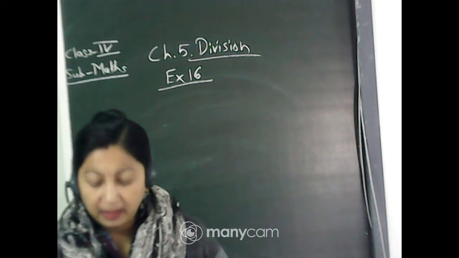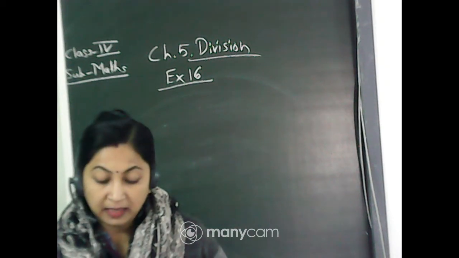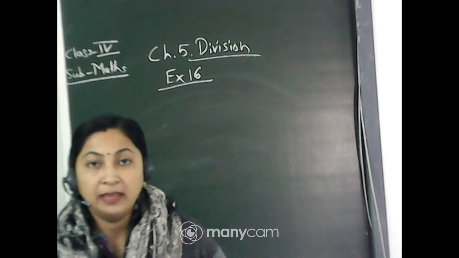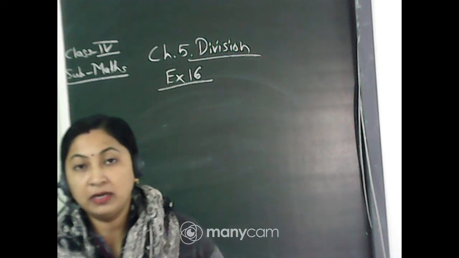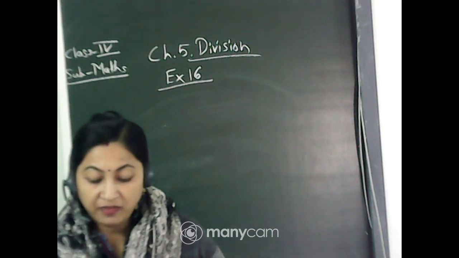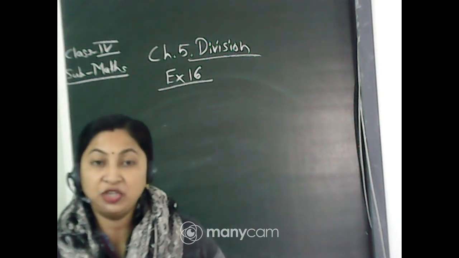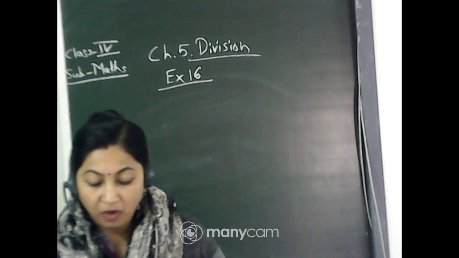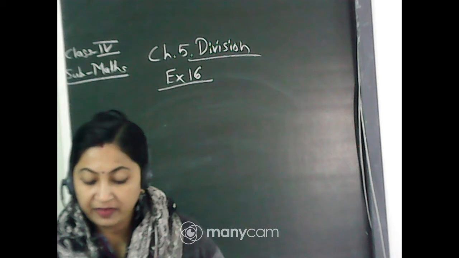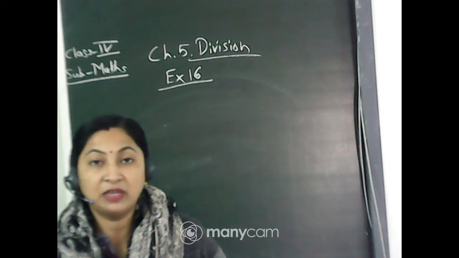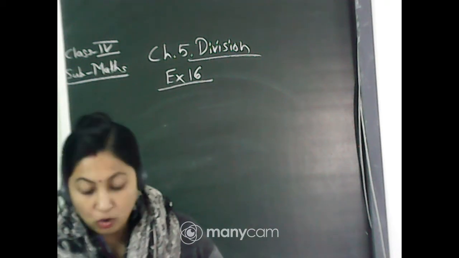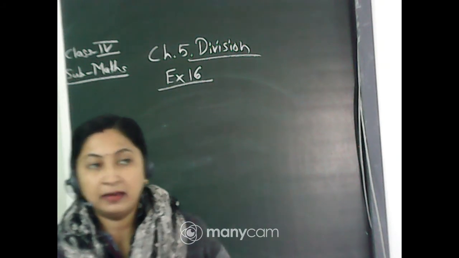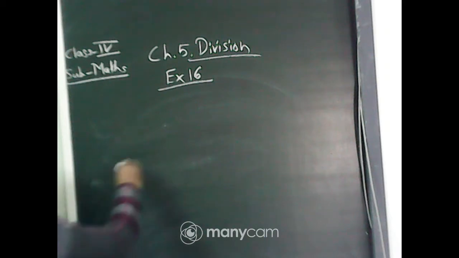Yes, one more thing: the number to be divided is called the dividend. The number by which division is made is called the divisor. And the number of times the divisor is contained in the dividend is called the quotient. That means whatever answer is coming is called the quotient, and after subtraction whatever is left is the remainder. Suppose I am dividing